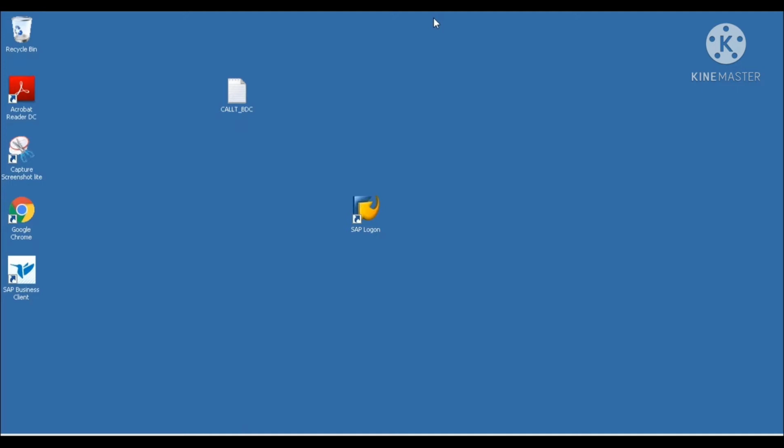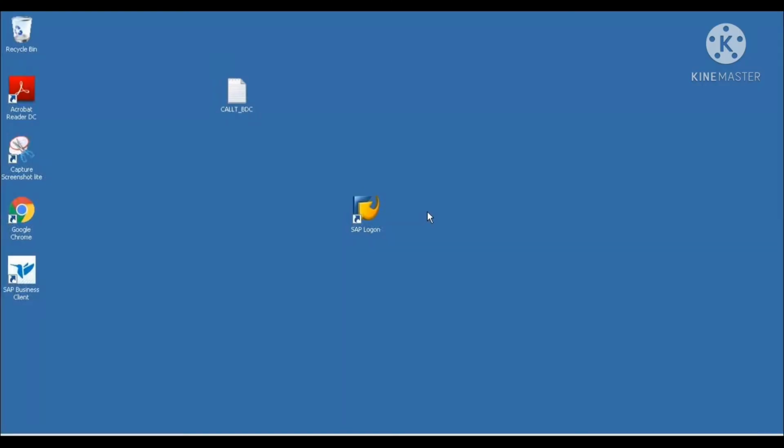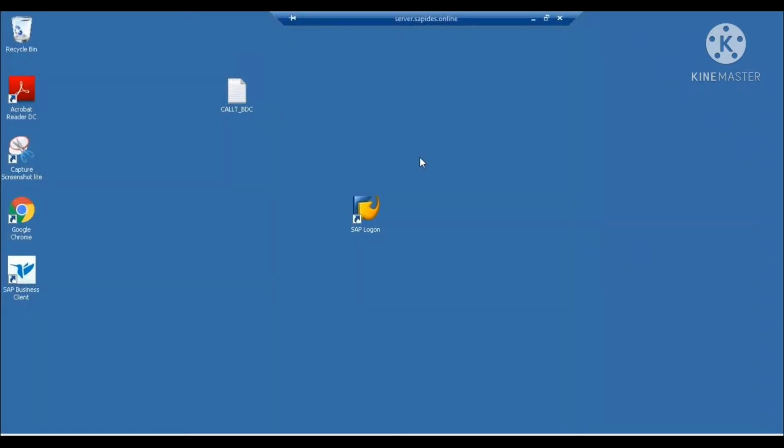Let me show you what I have done. I have gone into this remote desktop connection. The server provider will give you the computer name and the username.